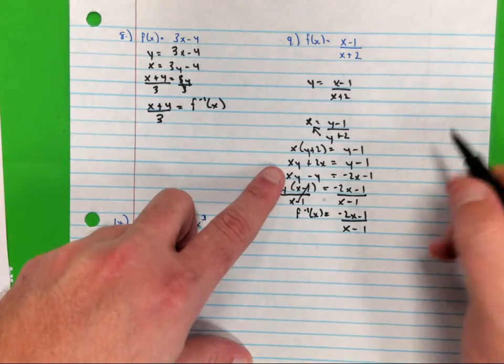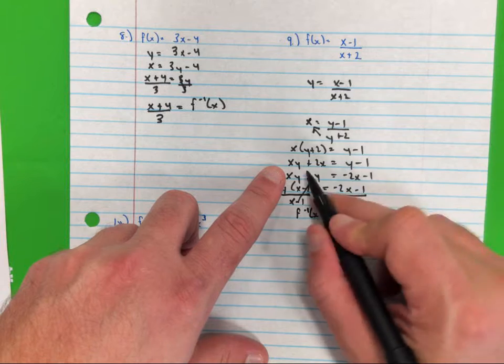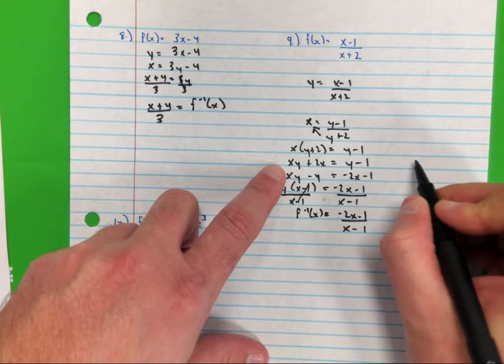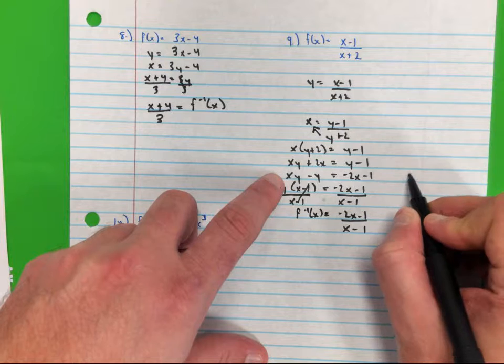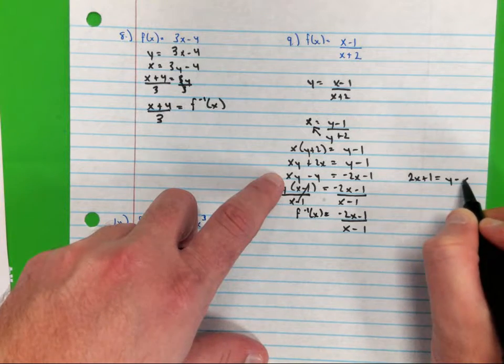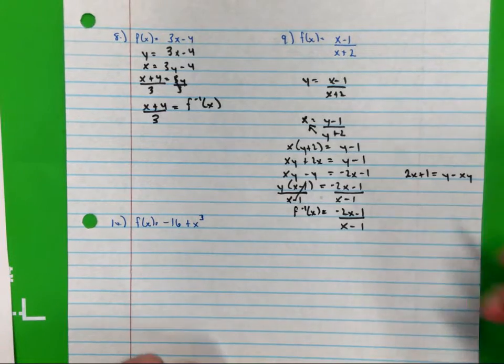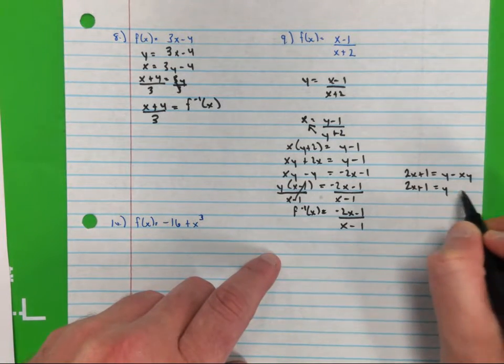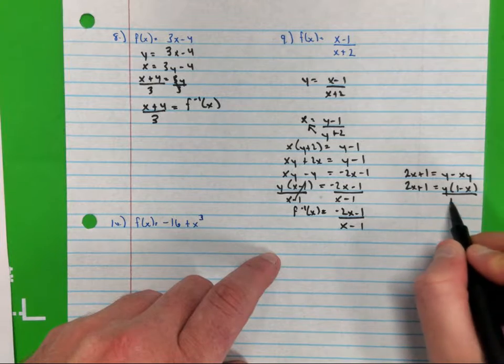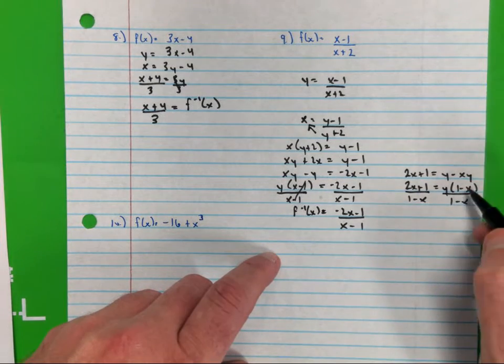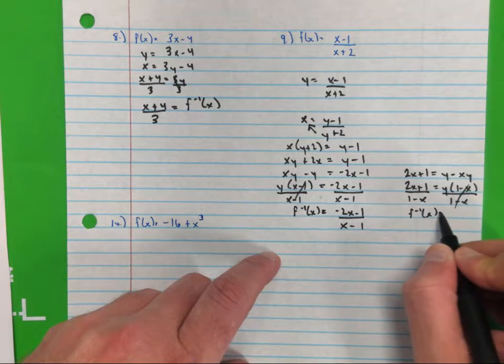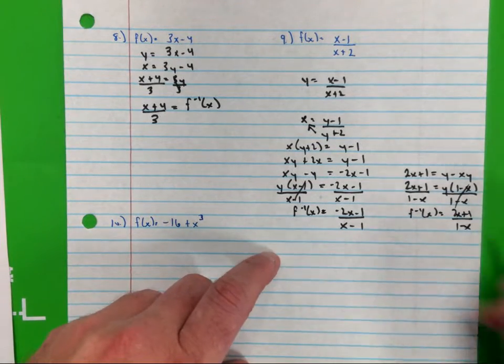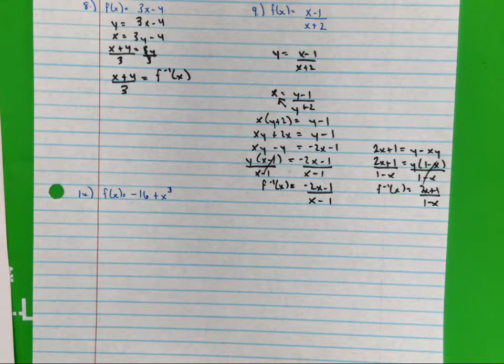Now, if you would have done this, let's say that I moved my y over here and did this step right here. I did 2x plus 1 equals y minus xy. You still factor out. Both of those are correct. It's essentially the same thing. So if you got that and your neighbor got that, don't freak out because that's the same thing. Because the only difference here, guys,